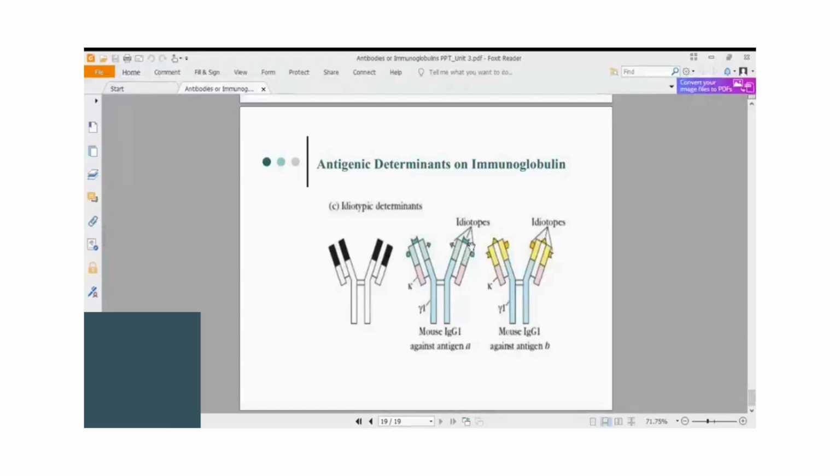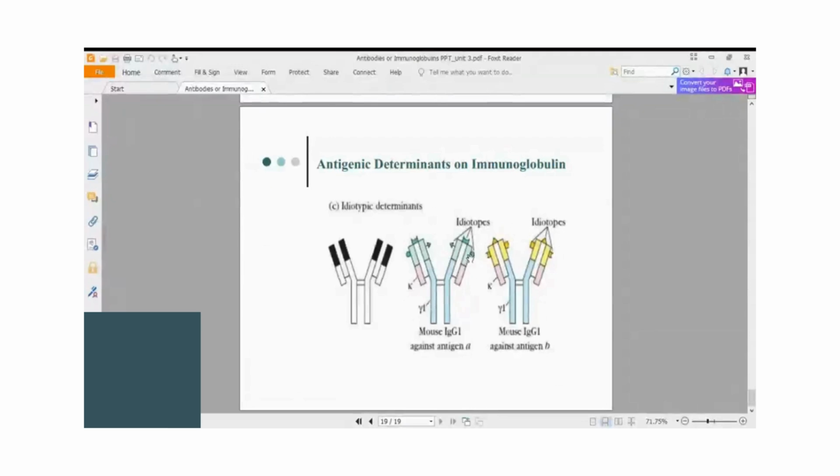Now you have to develop a monoclonal antibody against those idiotopes of the autoantibody. Antibodies developed against the idiotopes are called anti-idiotypic antibodies. These anti-idiotypic monoclonal antibodies are used to destroy the autoimmune antibodies, and they are given as a therapeutic measure to individuals who suffer from autoimmune disorders of different types. This is how you can save the person from the autoimmune disorder by developing